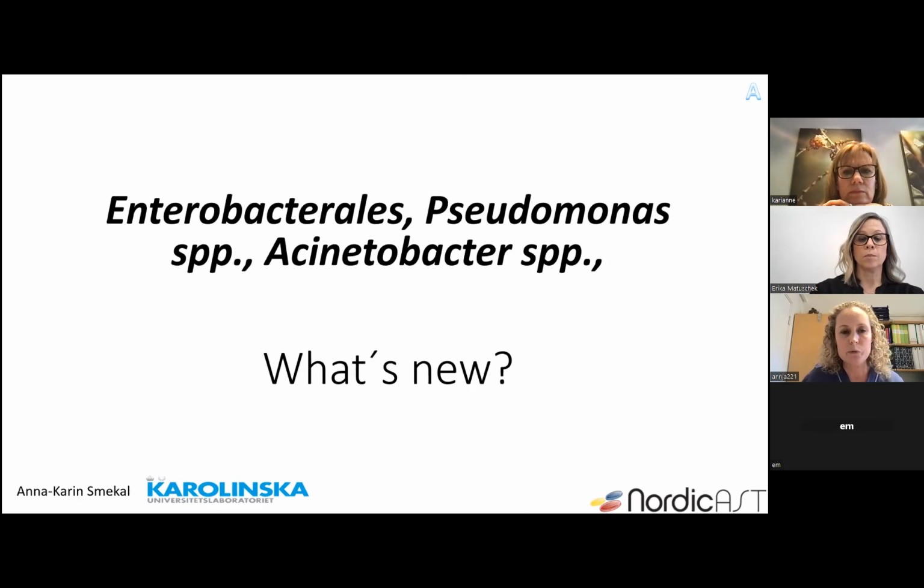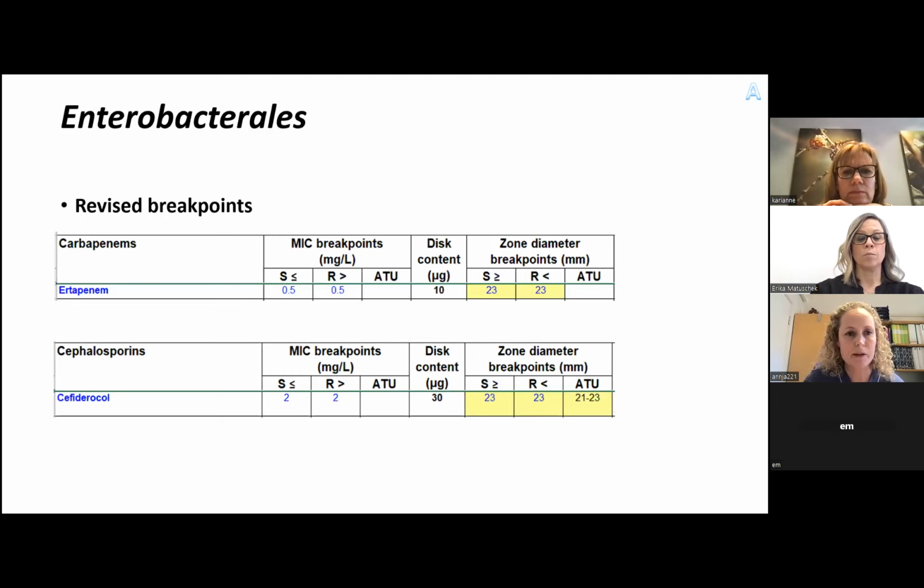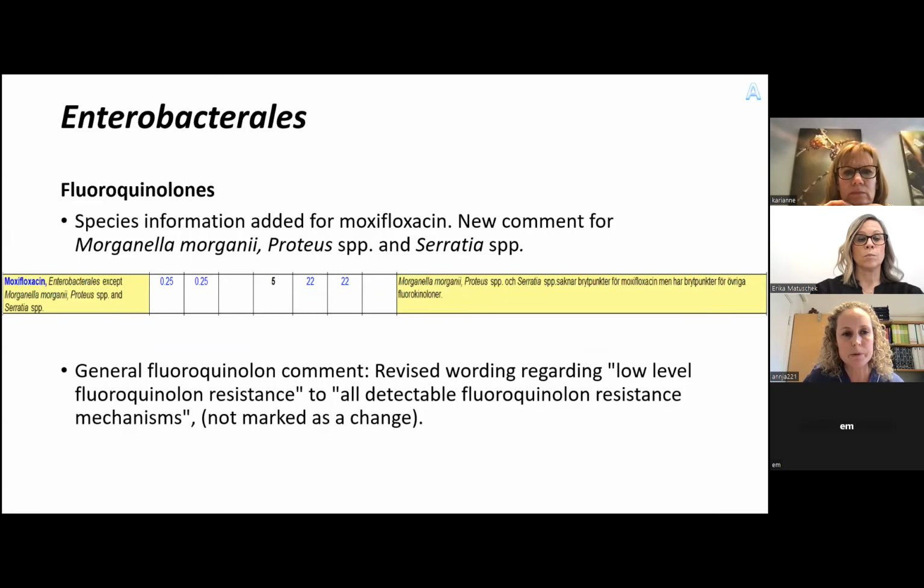So what's new for the big gram negatives in the species-specific table? For the Enterobacteriales, we have now revised breakpoints for ertapenem and also for cefiderocol. Those are the only revised breakpoints besides fosfomycin. And for the fluoroquinolones, there has been added species information for moxifloxacin, telling us that the breakpoints for moxifloxacin are